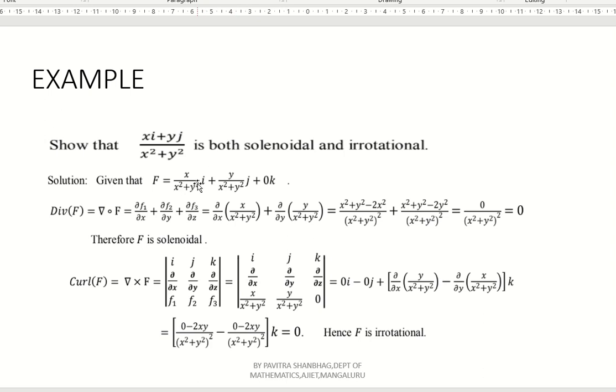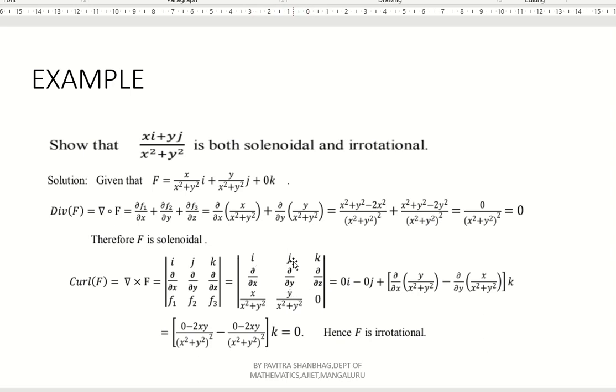Here the coefficient of i is x by x square plus y square, the coefficient of j is y by x square plus y square, and there is no coefficient of k, so we have to take 0 there. Now just expand with the help of the determinant. I into what? Leave that particular row and column. Dou by dou y of 0 is nothing but 0. Dou by dou z of y by x square plus y square is again 0, because with respect to z it should contain z, then only we can differentiate, right? So this becomes i into 0 minus 0.